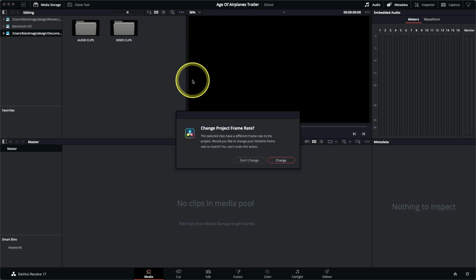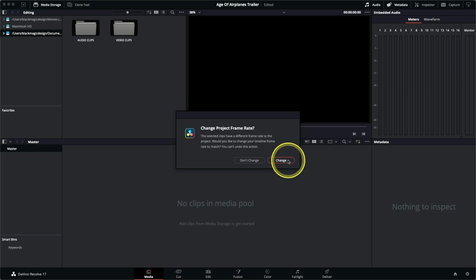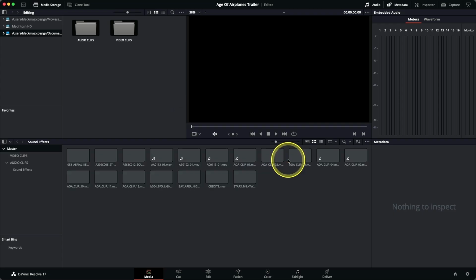Now at this point, DaVinci Resolve is asking me to change the project frame rate. This is so that the project frame rate will match the frame rate of the footage that I'm bringing in. So in this case, I need to accept the change. So now the footage has been imported into the media pool, it's ready for me to start working on and